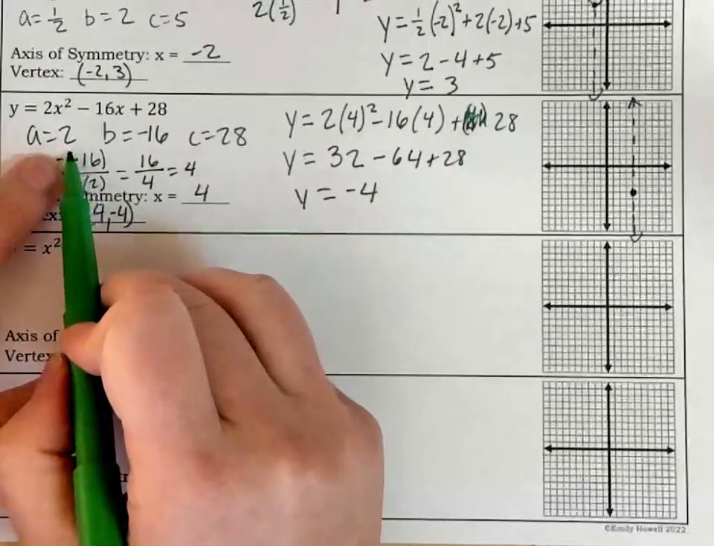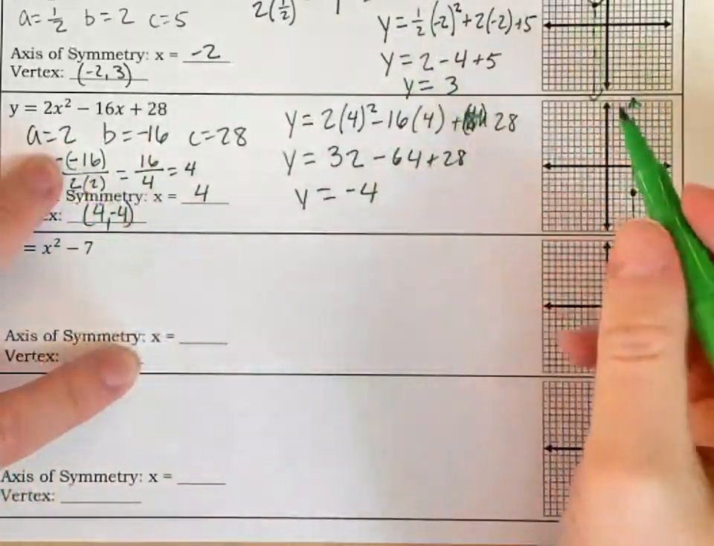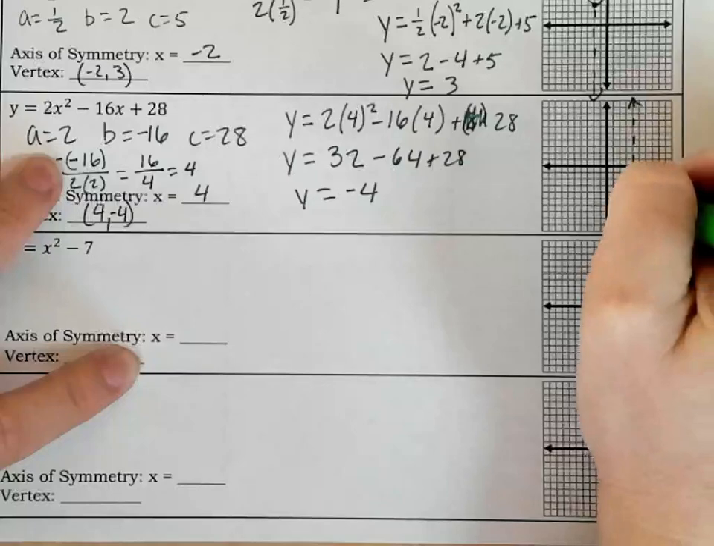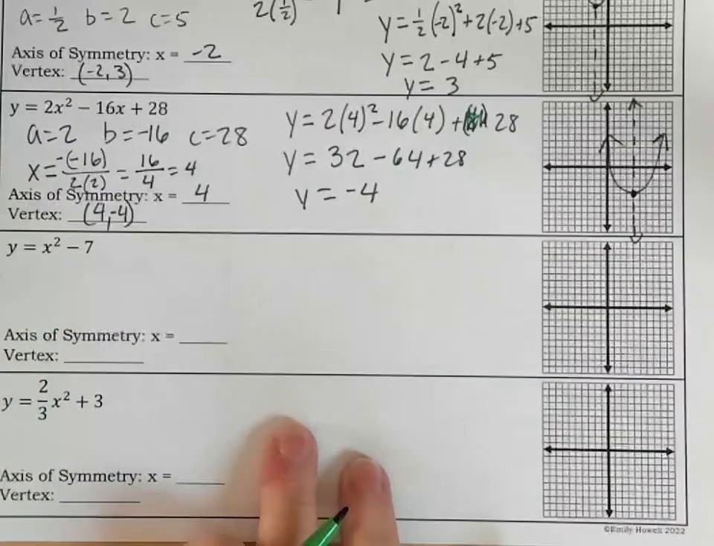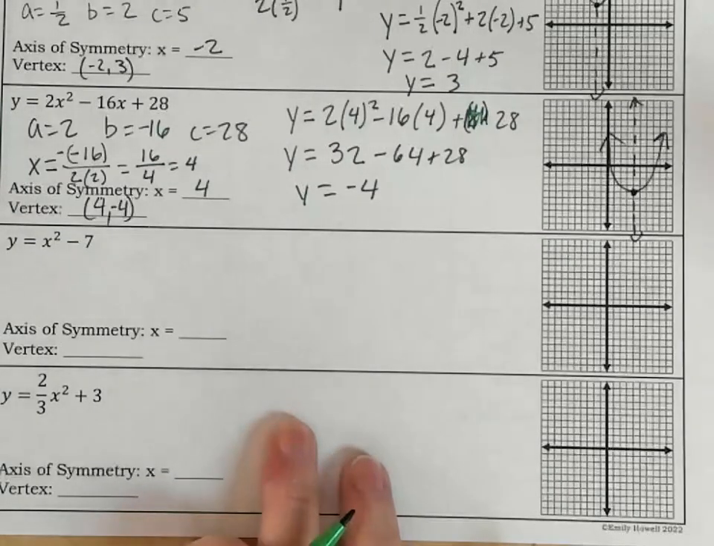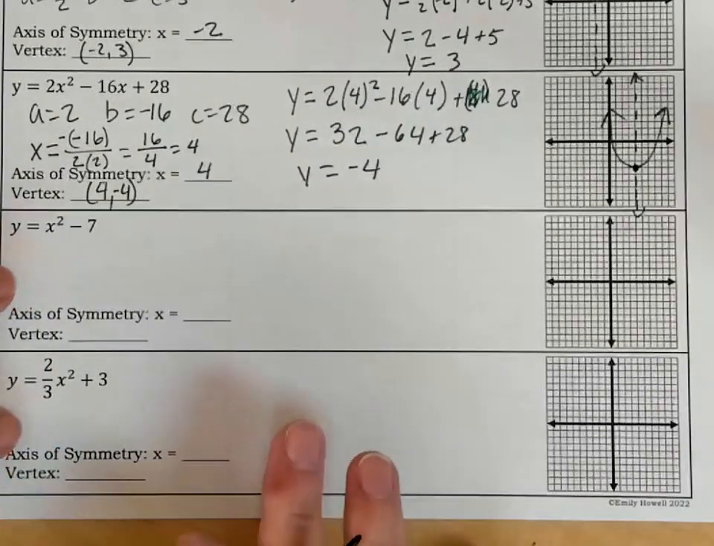Again, my a value is where I check. It's a 2, so this is going to open upwards. All right, and then the last questions that we have here, there's two more: x